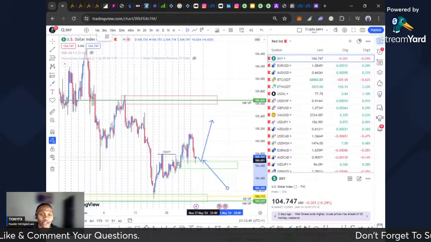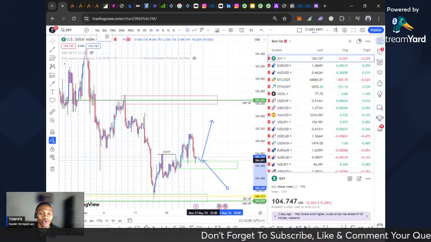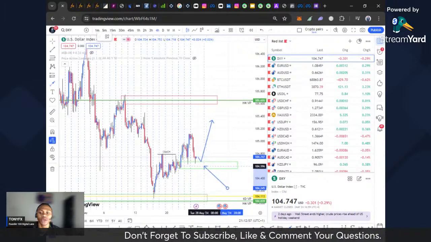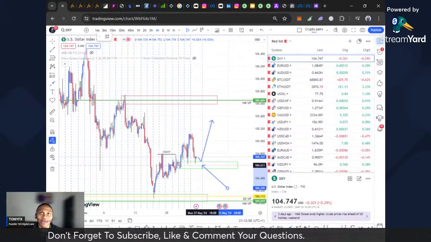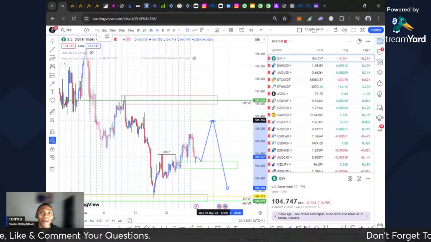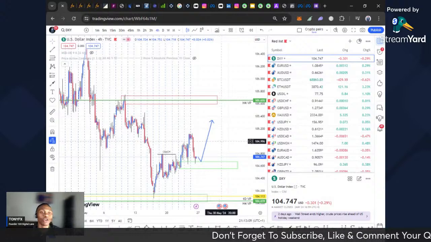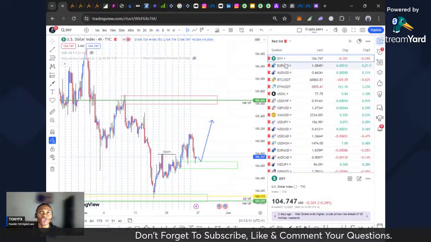Okay, so you have just a few minutes left to grab this discount opportunity. With that said, once the market comes back into this demand level and gives us a little corrective structure, we're going to be looking for buy setups for the dollar to push up to the upside, giving dollar strength at the beginning of the week.